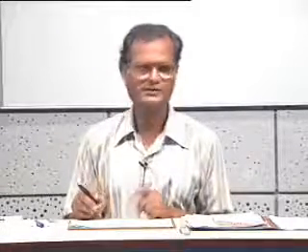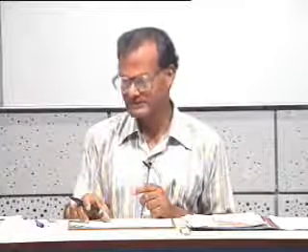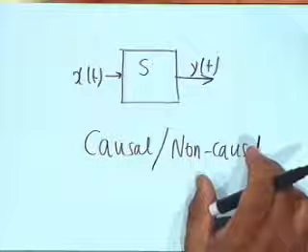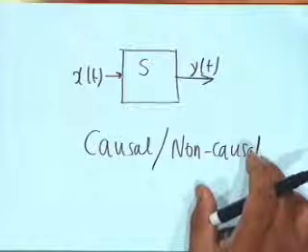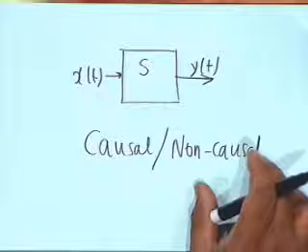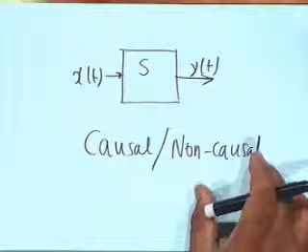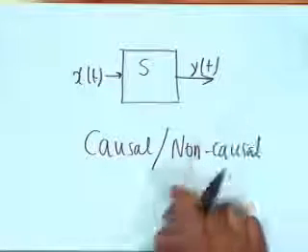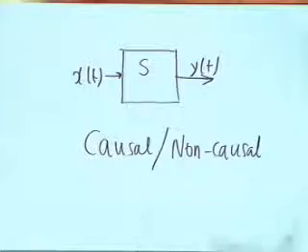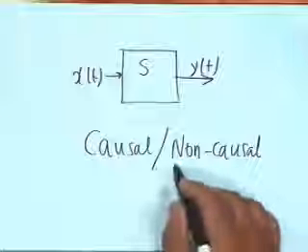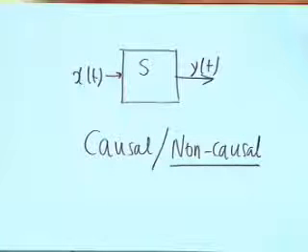Non-causal is anticipatory. Do not confuse between the two. Non-causal is a system which can anticipate its future input. If an engineer deals with systems which cannot anticipate future inputs, then why do we introduce this term at all? Well, this term is introduced due to the reason that there are indeed systems which the engineer deals with which are non-causal, and these are